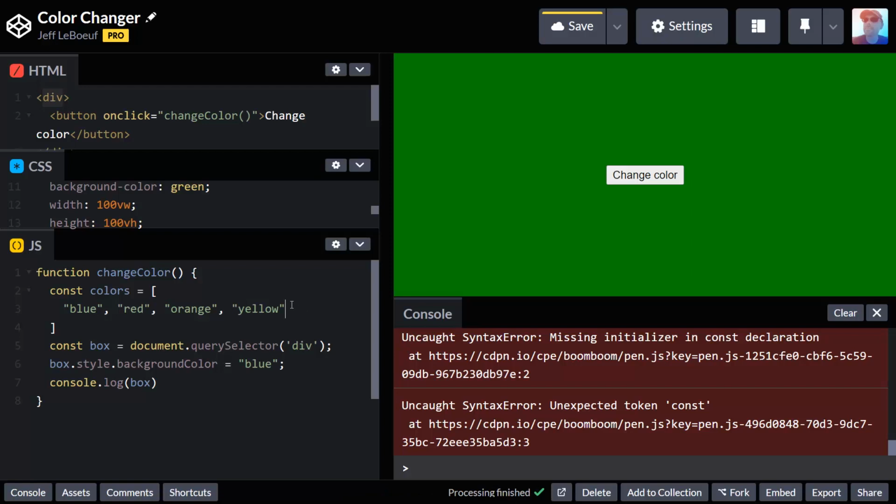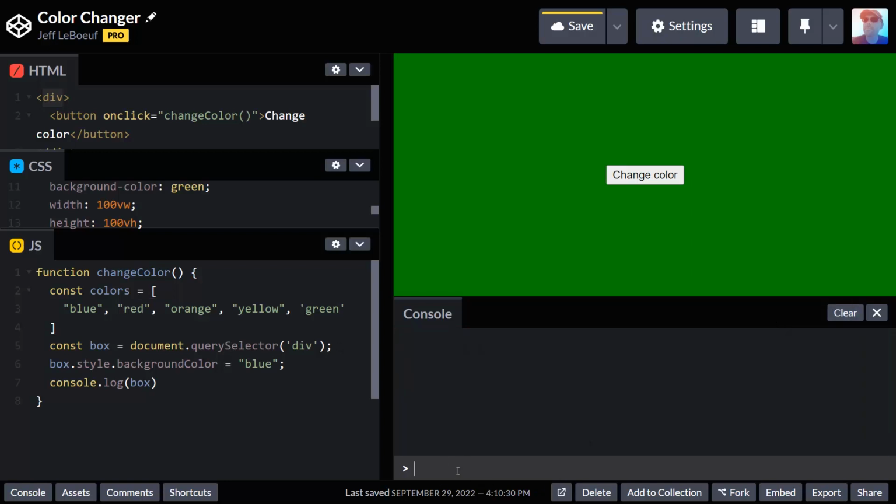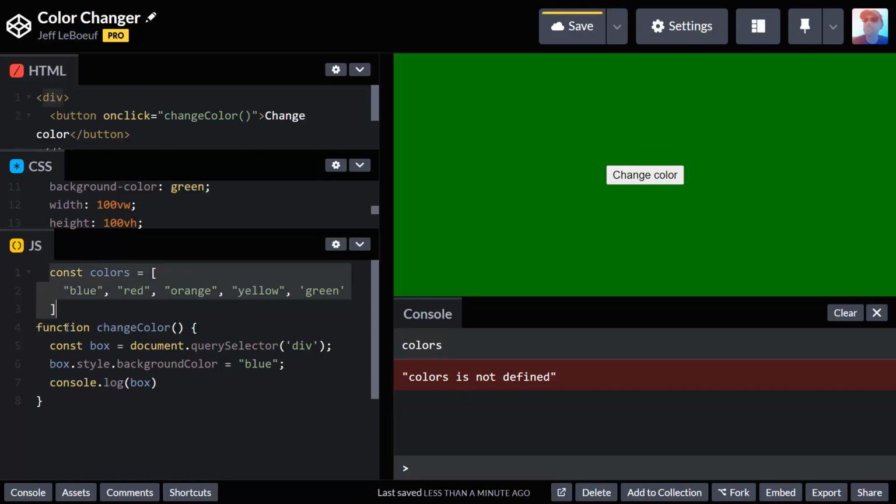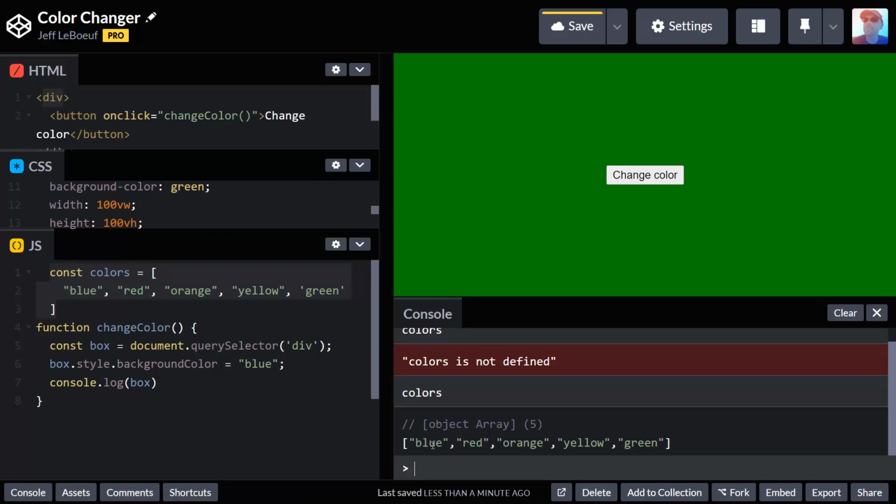Okay. So I've got blue, red, orange, and yellow. No green. So let's add green to the end. There we go. Okay, so in my console, I can check this colors variable. If I type colors, it is not defined because it's part of my function. Let's just move it outside the function for right now so that I can query it in my console a little bit easier. And I can see that it's got 5 elements in it: blue, red, orange, yellow, and